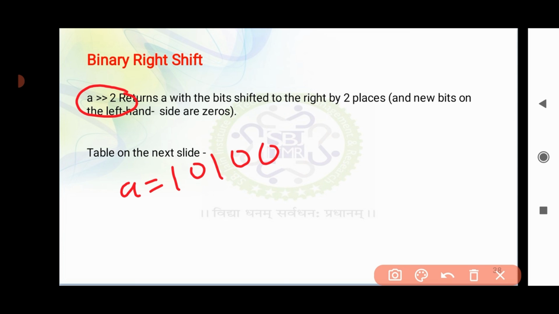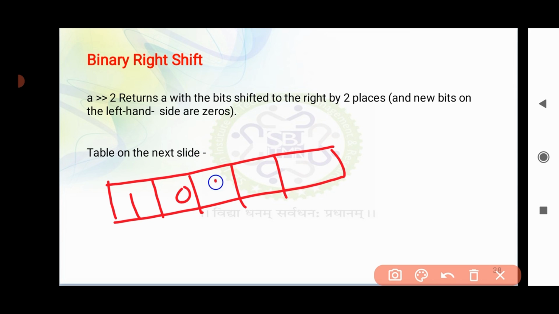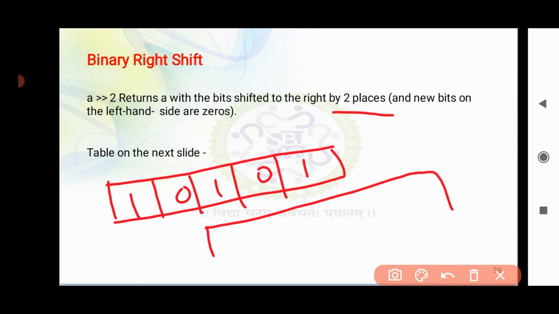That means basically this number I'll be writing in a location. So my number is 10101, for example. Now what exactly I have to do? I have to shift this number to the right by how many places? 2 places. So I will basically start from here. 1, 2, 3 and 2 places.